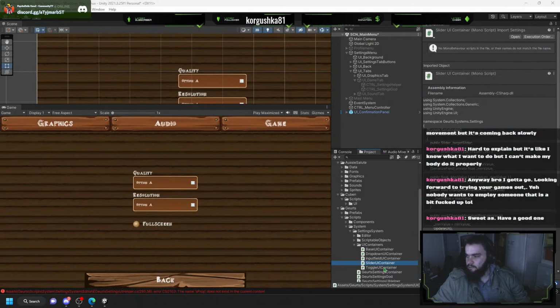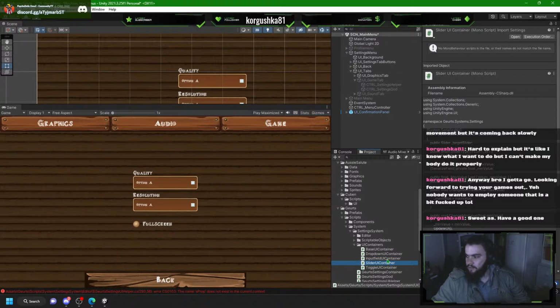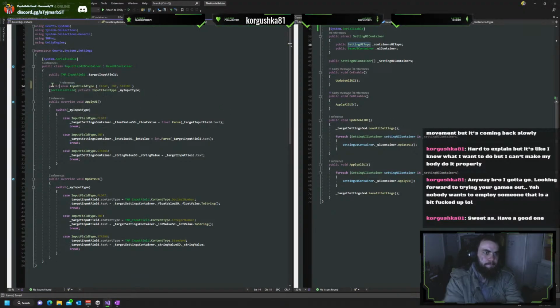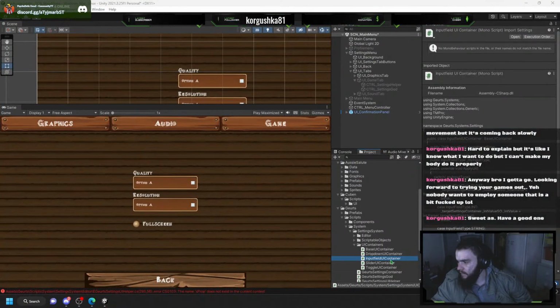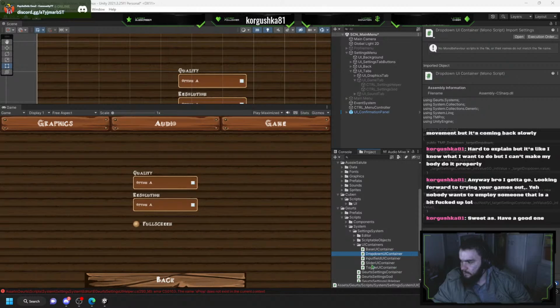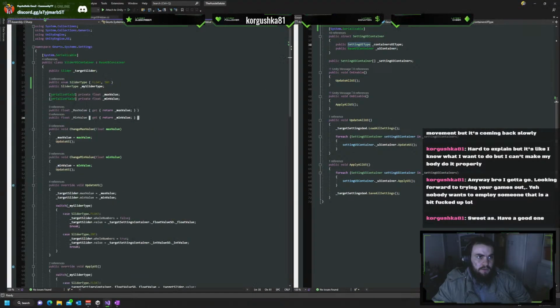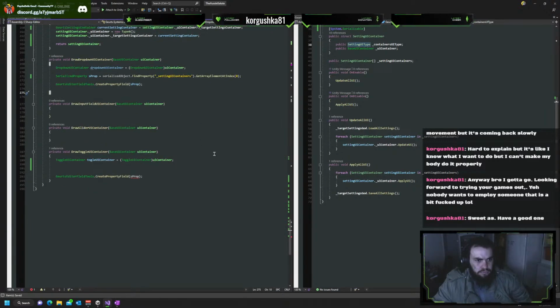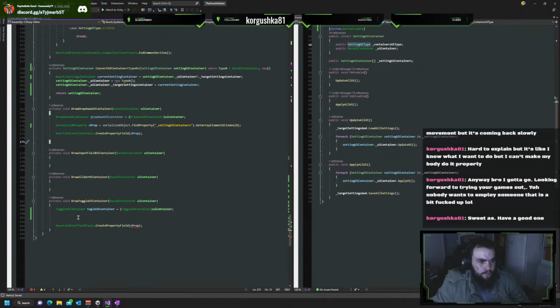Public toggle slider. Toggle input field. Public. Public. And we've done the drop down. Let's get rid of all these. Alright, so when we draw a toggle UI container,